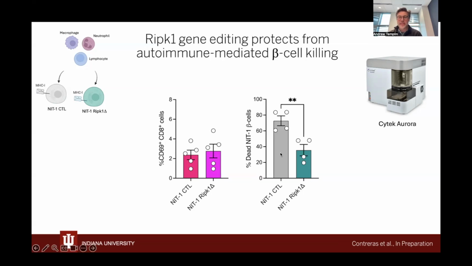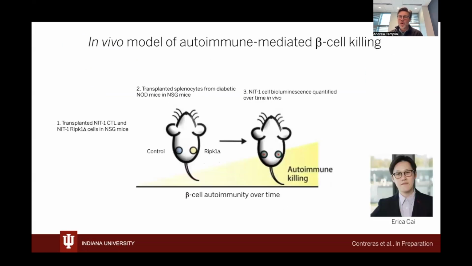So again, this leads us to an interpretation that the loss of beta cell RIPK1 is not so much eliciting differential activation of the immune cell, but rather is doing something intrinsically in the beta cell to protect it from these autoimmune cells. We also used an in vivo model of autoimmune killing to interrogate this question, and these